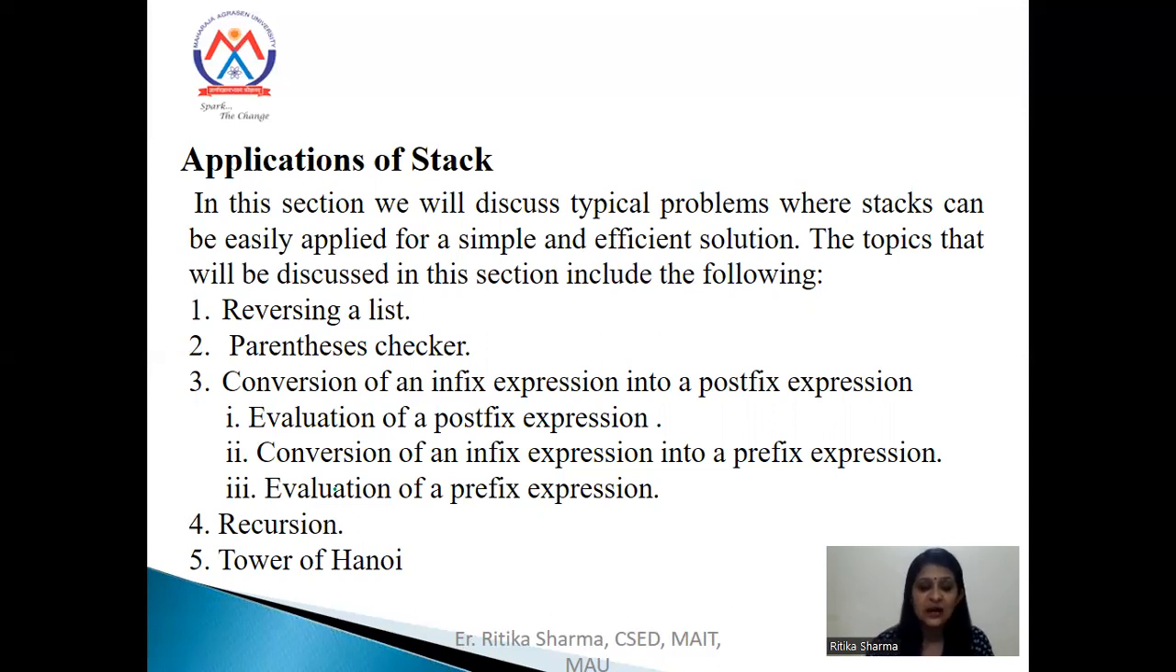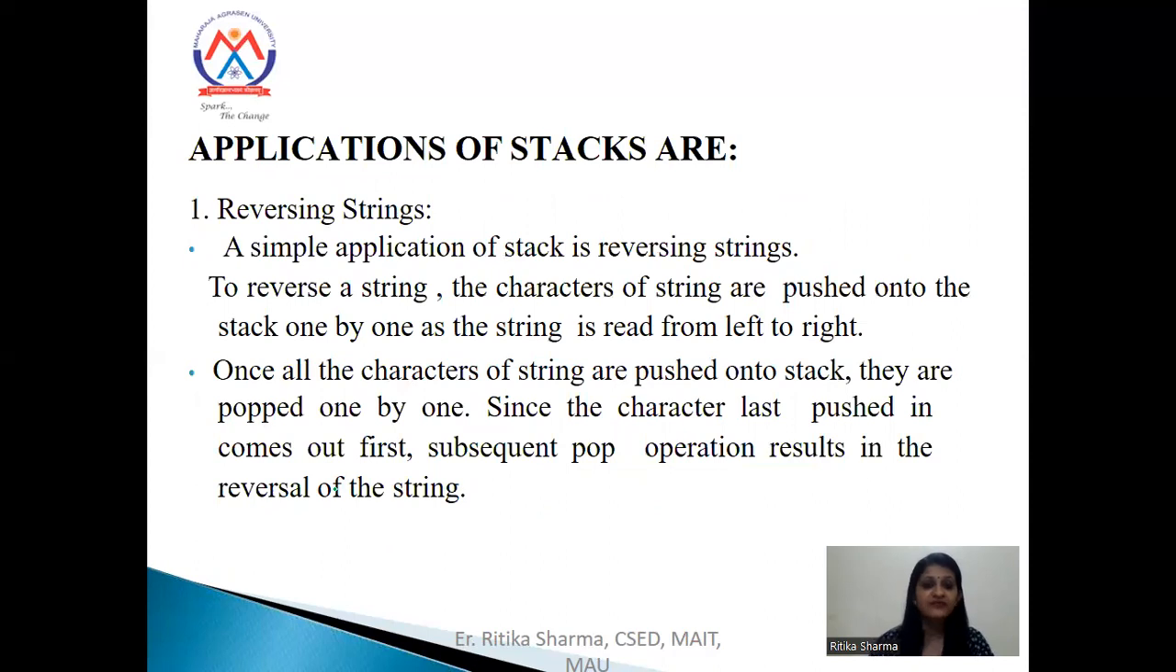So considering the first application, that is reversing a string. When we want to reverse a string, stack is the data structure which is very helpful. For example, if we have the string STACK and we want to reverse it, meaning we want to print K, C, A, T, S, then we will use a stack. How will it work? Once all the characters of the string are pushed onto the stack, they are popped one by one. Since the character last pushed in comes out first, subsequent pop operations result in the reversal of the